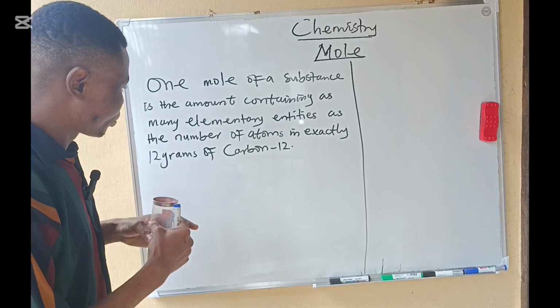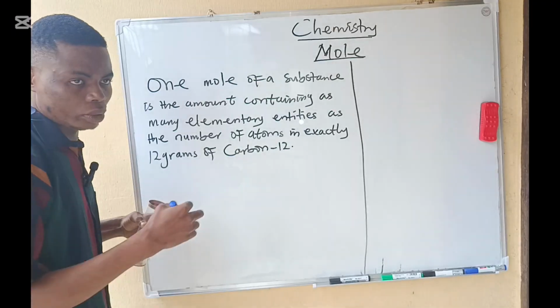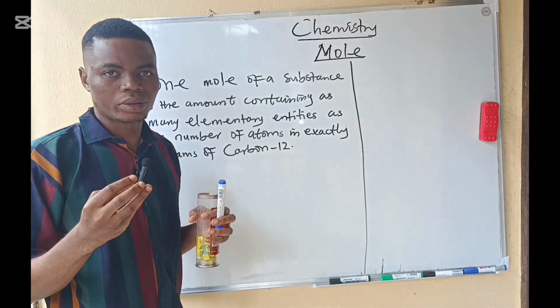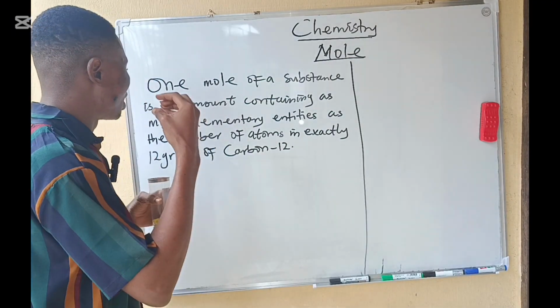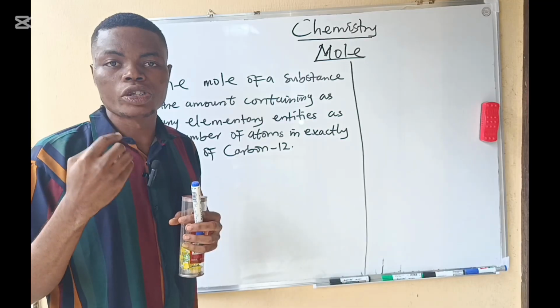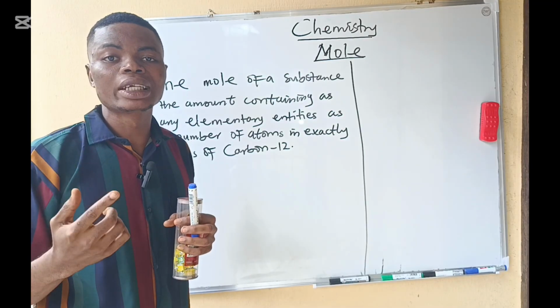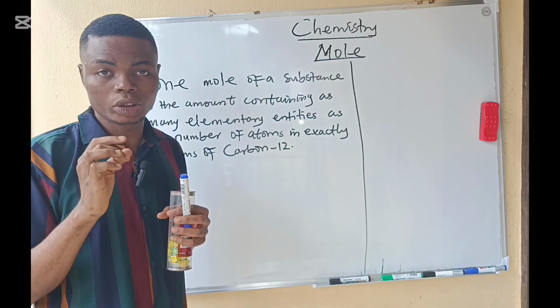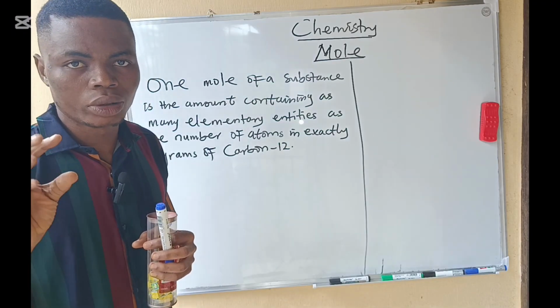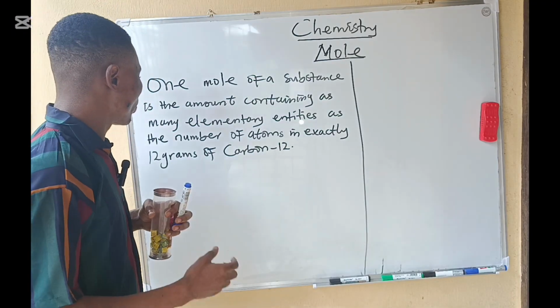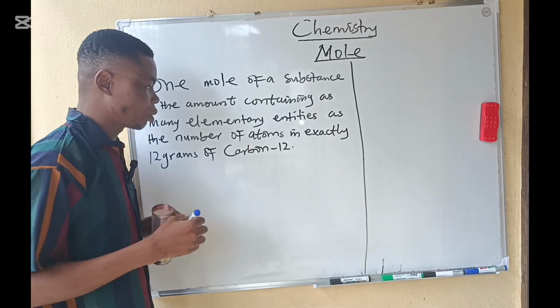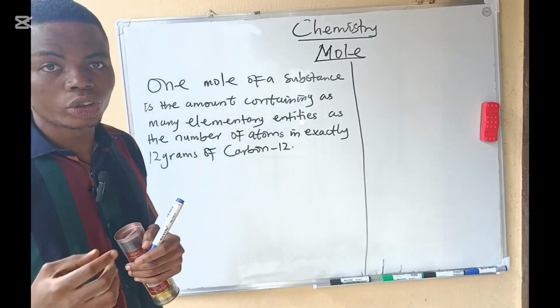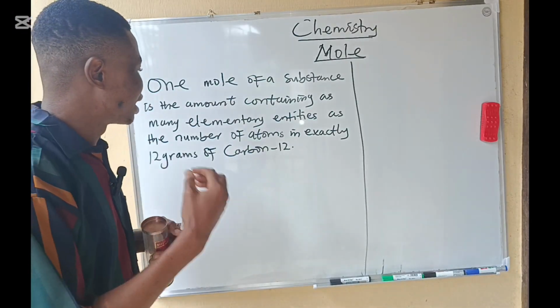So what does this mean? It means that 1 mole of any element will contain 6.0 times 10 to the power of 23 atoms. And this number of atoms is also known as what? Avogadro's number. The reason why we are using 12 grams of carbon is because through experiment, scientists found out